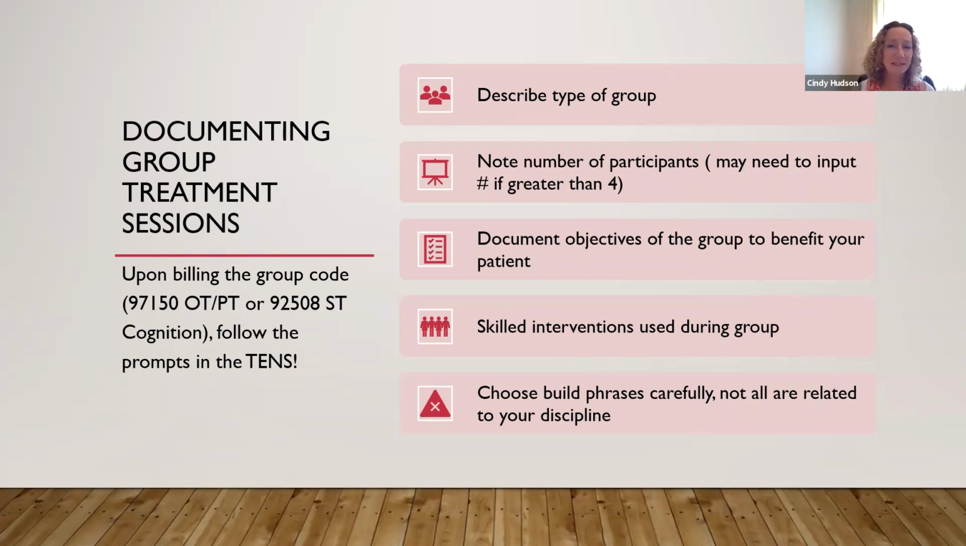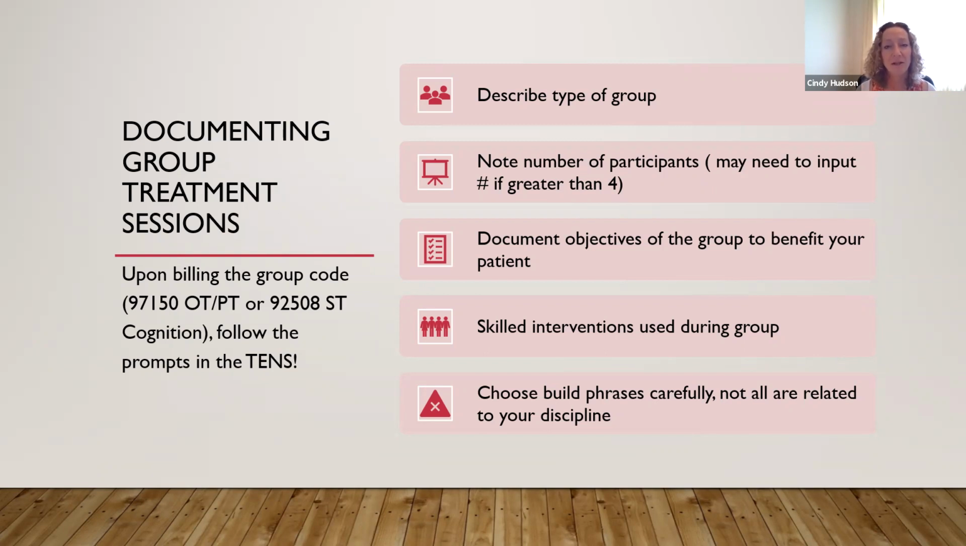We know that for the updates that came out previously, there can be up to 6 participants in a group with 1 clinician supervising that group. We want to be sure we document the objectives of the group that will benefit your person. You want to document the skilled interventions that were used during the group. And you want to choose your build phrases carefully, because not all the build phrases are going to be relevant